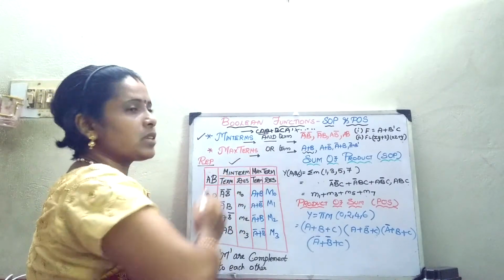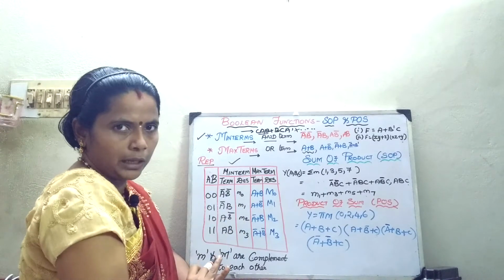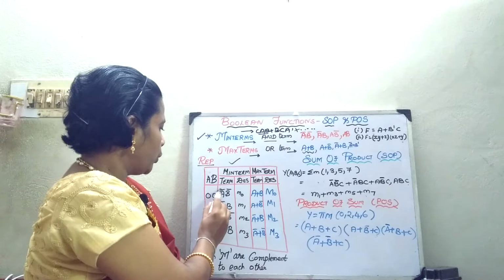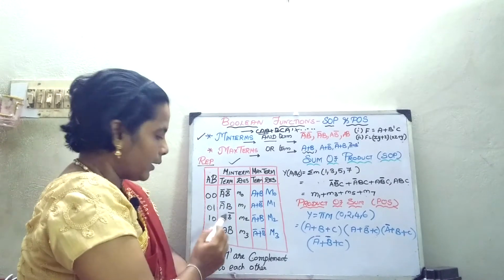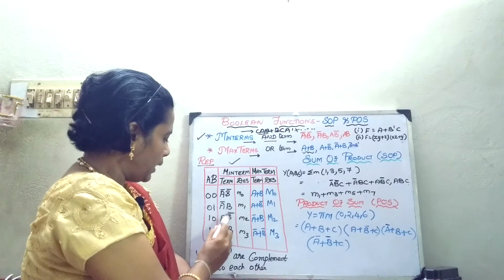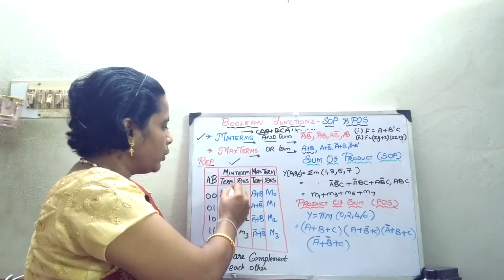I already told you it is the AND term. So you will write it as a multiplication, AB, AB, AB, you write 4 times. Now 0, 0, so you put a bar here; 0, 1, so in the place of 0 you put a bar here; and here it is 0, so you put a bar here; 1, 1, it is in the normal form, leave it. And how am I going to designate it?